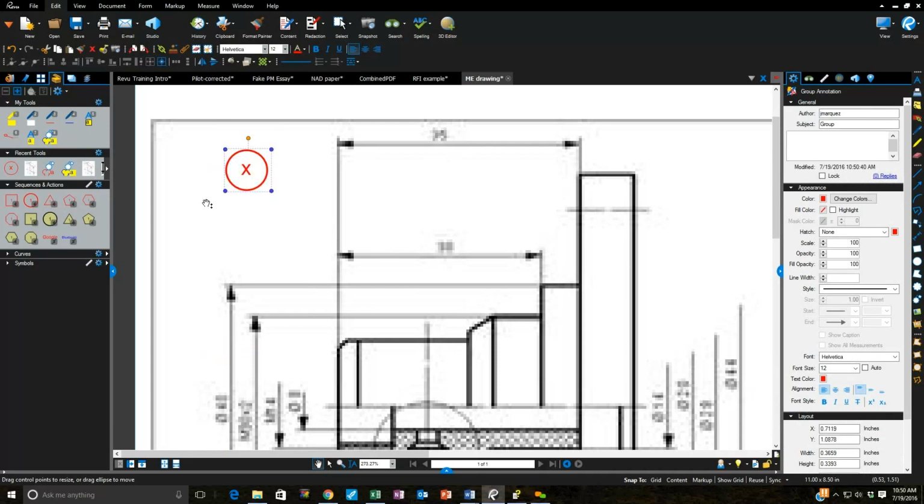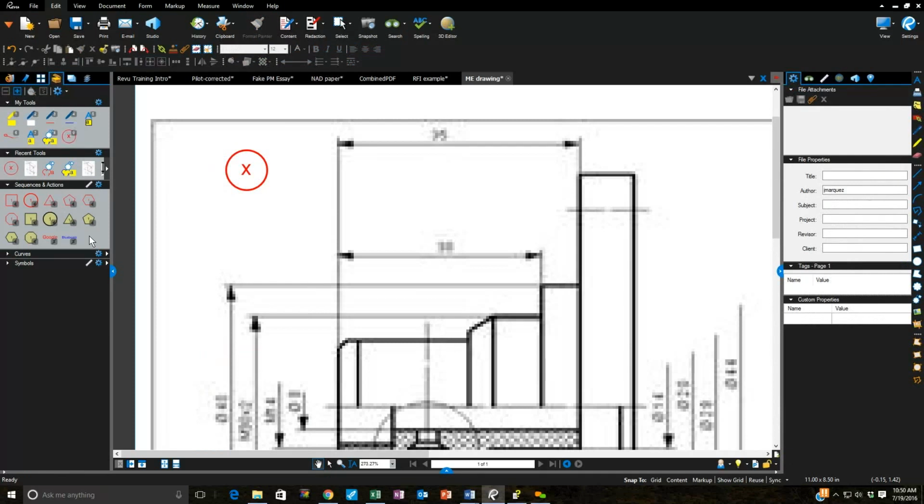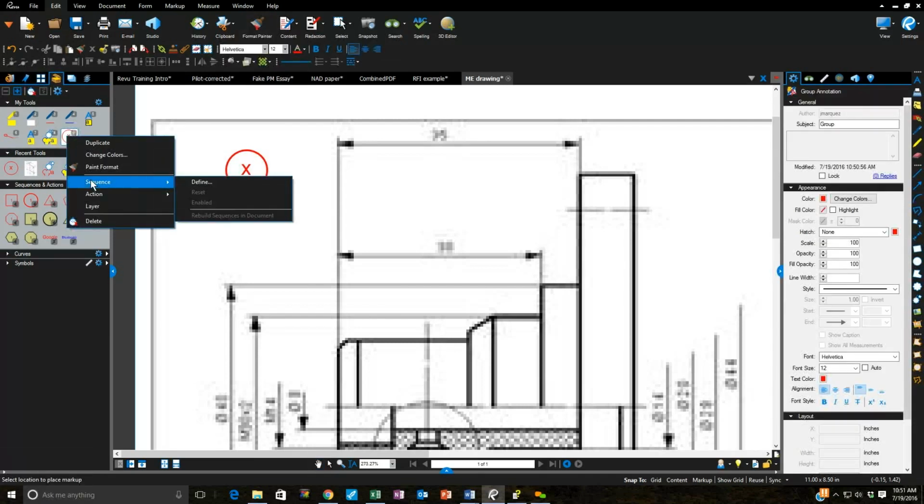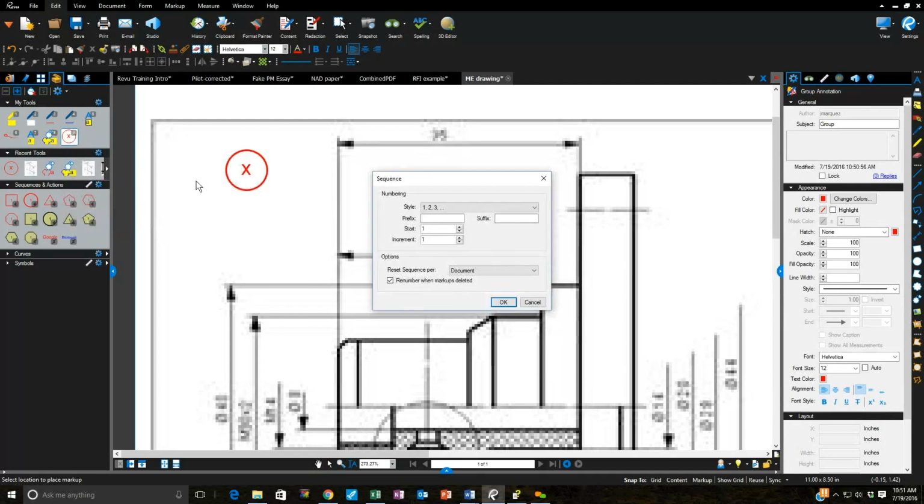Now, what I want to do from here, you can see that this X with the circle in it has been saved to Recent Tools. So now I'm going to grab it and drop it into My Tools. And now I'm going to right-click on it right here in the My Tools section of my tool chest, and I'm going to select Sequence. And I'm going to choose my Define option, and this allows me to create a sequence according to my